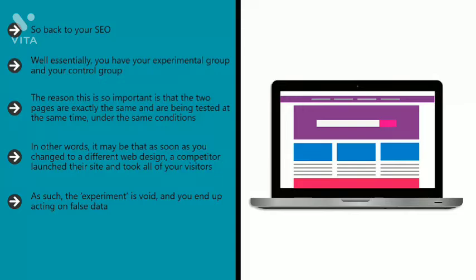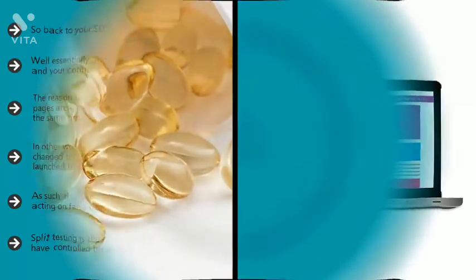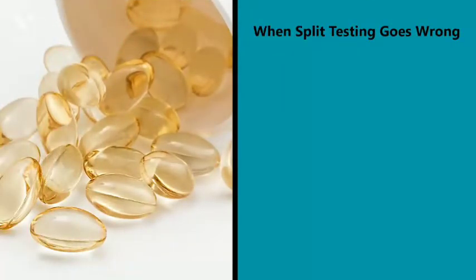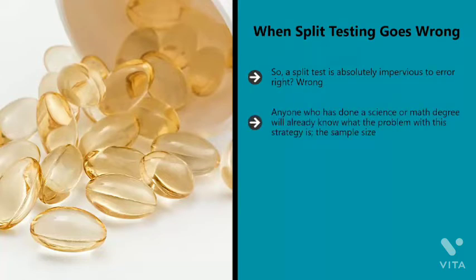Likewise, if you were to simply adopt some changes in your next article, you couldn't know for certain that any boost or drop in performance wasn't simply due to the content of that article being better or worse. Split testing is the only way to be certain that you have controlled for as many variables as possible. When split testing goes wrong: so a split test is absolutely impervious to error, right? Wrong. Anyone who has done a science or math degree will already know what the problem with this strategy is: